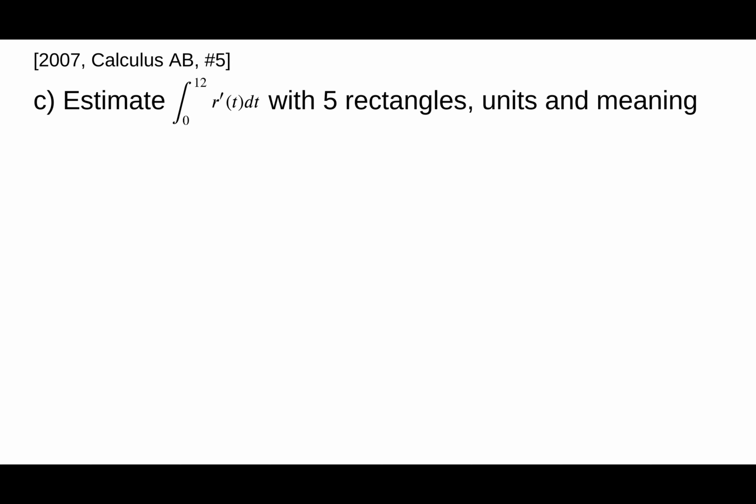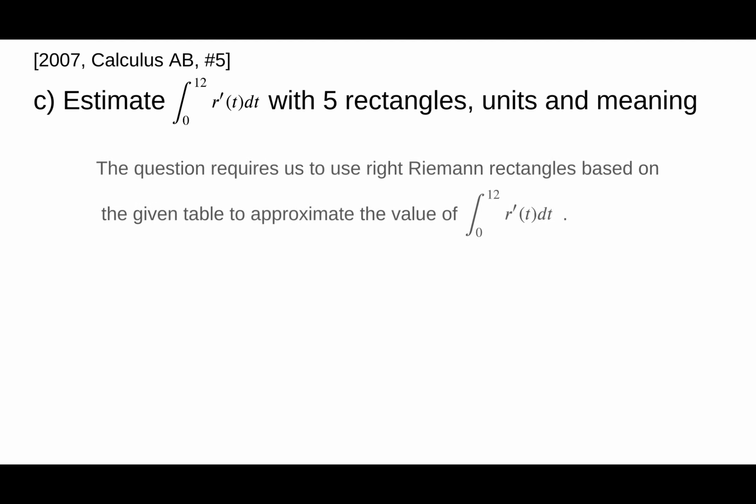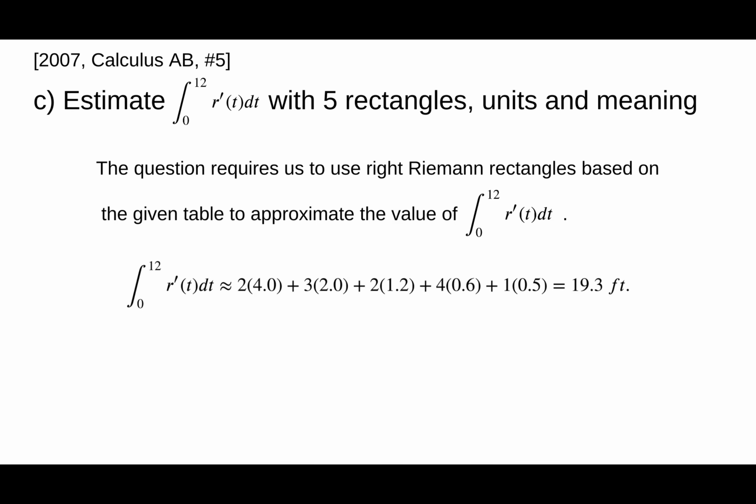Part C, we are asked to estimate the integral from 0 to 12 of r prime of t dt with 5 rectangles, provide the units, and give an explanation of what this integral means. The question requires that we use right-Riemann sum rectangles based on the given table to approximate that value. Okay, so the integral from 0 to 12 of r prime of t dt should equal,